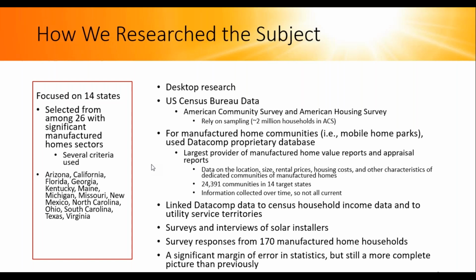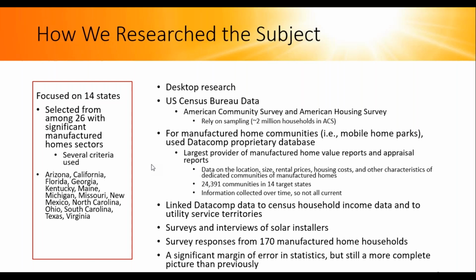And we also linked it to the utility service territories of all those 24,391 communities. We supplemented that with surveys and interviews of solar installers, and with survey responses from 170 manufactured home residents. And we included other